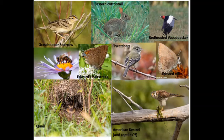Eastern cottontails, so these are rabbits that are very common around here. They generally aren't found deep in the forest. They might burrow at the edge of a forest, but generally they are going to eat grasses that are found in the savanna. And so these organisms, of course, are great vectors for seed dispersal. Grasses and wildflowers, the weedy things, are great at attracting pollinators. Right? So we actually have a couple pretty exciting butterfly species that we can see there in the middle,